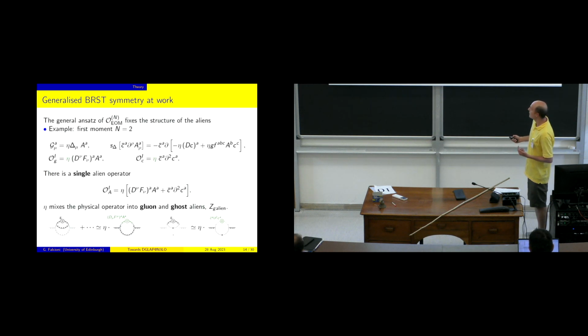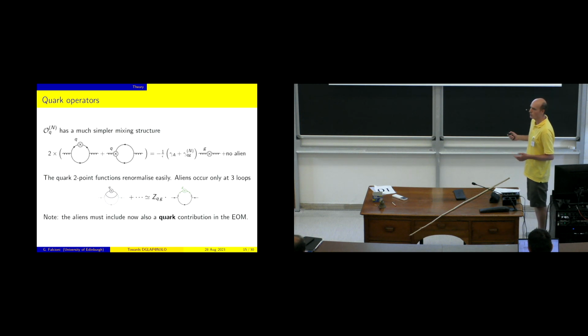The one thing that we have to add now, if you want to go to QCD, is to consider quark operators and quark fields. But these are much simpler, if you want. Already in this one loop example, you can see that the quark at one loop cannot mix back into some alien. So if I just repeat this exercise to compute the gluon to quark moments, I will just get my physical answer. And again, if you want, BRST can guide you, because you know that you have an alien whenever you can also have ghost diagrams. But if you have a quark operator at one loop and a ghost diagram, you cannot construct anything. You need at least 2 loops.